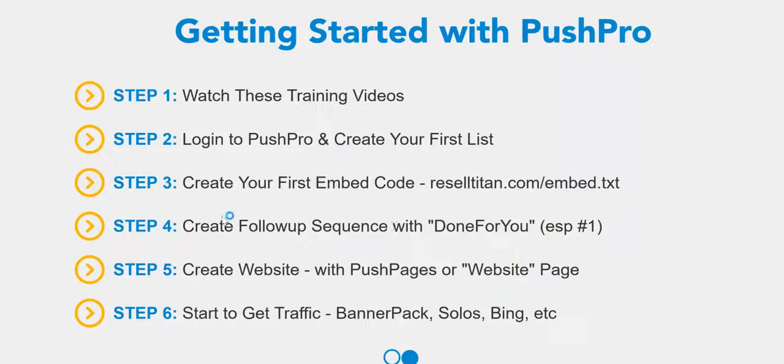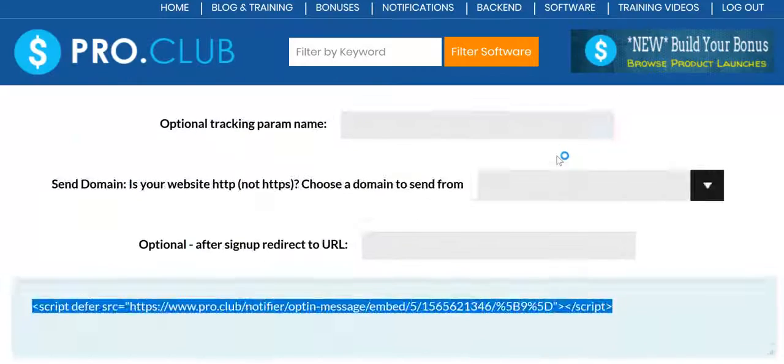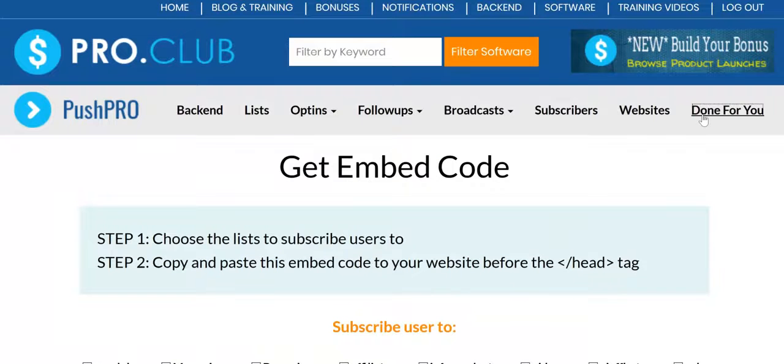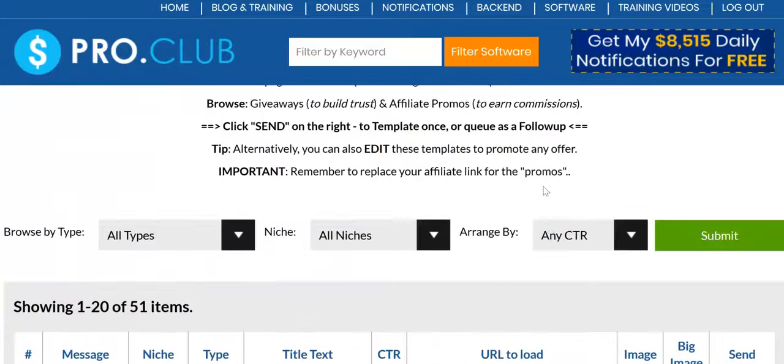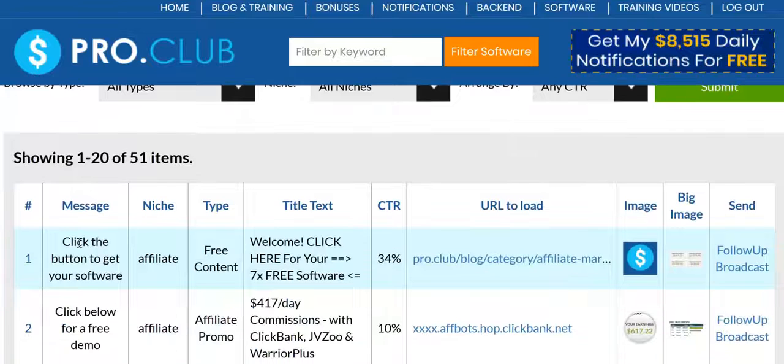Before you do that though, you'll want to create a follow-up sequence, and the easiest way to do this is to use my Done For You templates. So if we go over to the Done For You page, you'll see that the very first one that we see is the main free giveaway, which gives them those 7 free software tools. So click on follow up